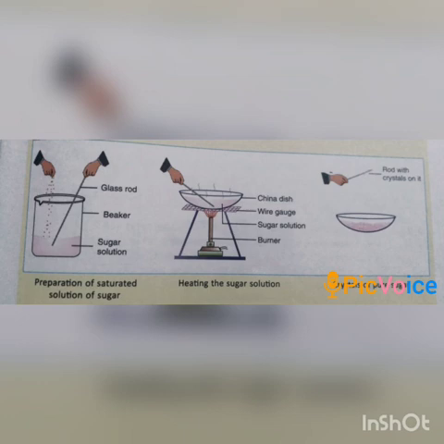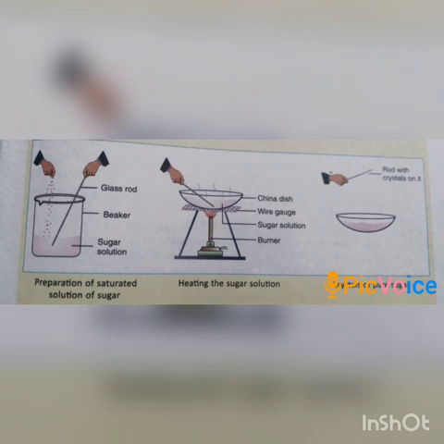As you know, some solids dissolve completely in a liquid to form a clear solution. For example, salt and sugar dissolve completely in water. The components of such mixtures can be separated by different methods. The first one is evaporation. This method is used to separate solid substances dissolved in a liquid.